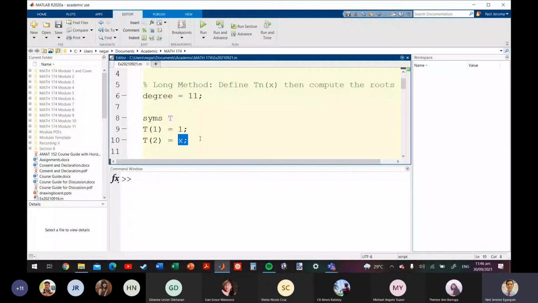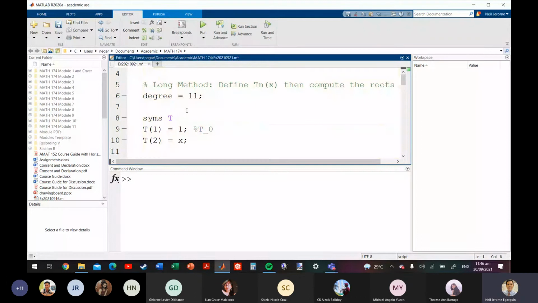Now, we have a little bit of a problem here. Hindi naman malaking problem, pero madali lang naman siya. Nag-start yung indexing ni Matlab sa mga entries ng vector or matrices sa 1. So hindi ka pwedeng maglagay ng zeroth element or zeroth entry ng isang vector. So if I want to fill up T with the Chebyshev polynomials, I should start with the first entry, T of 1. So yung T of 1, siya dapat si T0. So ito yung T0 dun sa definition natin. So ang T0 natin ay 1. Tapos si T of 2 ay equal kay x. And this is fine because we declared x earlier as a symbolic variable.